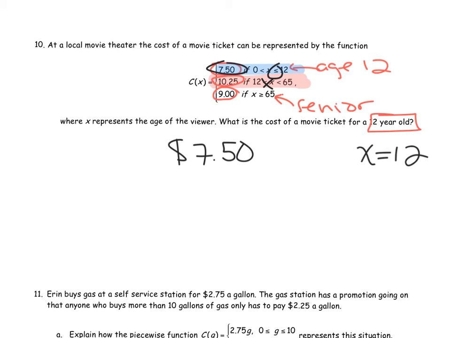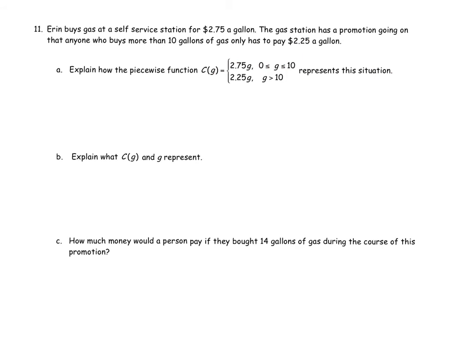Okay, let's take a look at another example. So for question 11, we have Erin buys gas at a self-serve gas station for $2.75 a gallon. Ooh, yikes, that's high. Okay, the gas station has a promotion going on. For anyone that buys more than 10 gallons of gas, they only have to pay $2.25 a gallon. And here is the piecewise function. So how we read this is it's